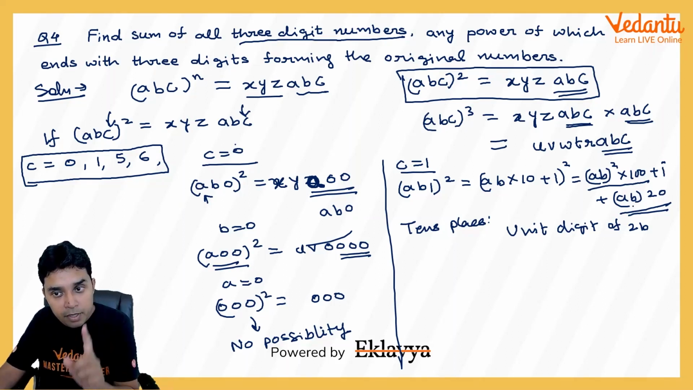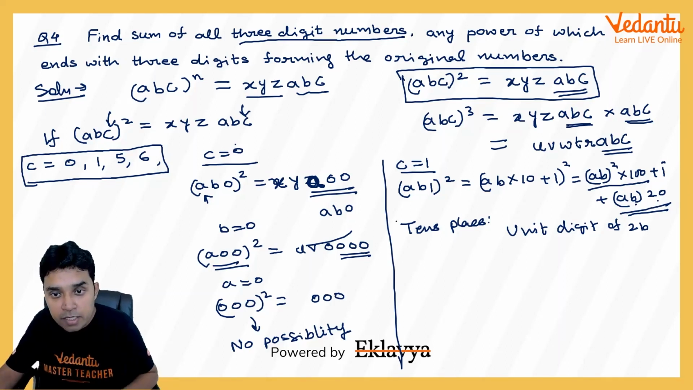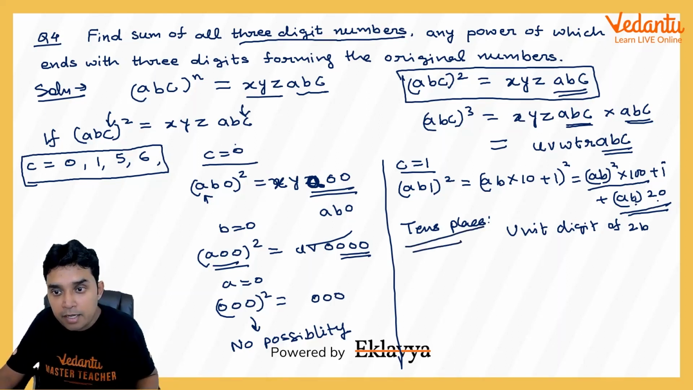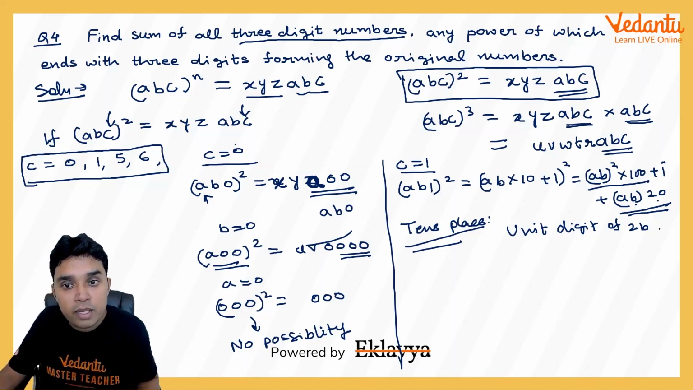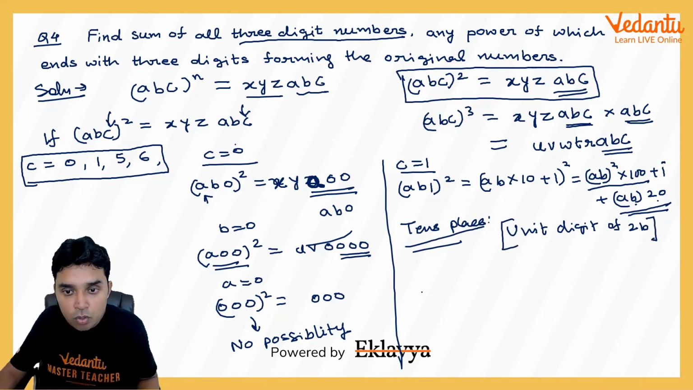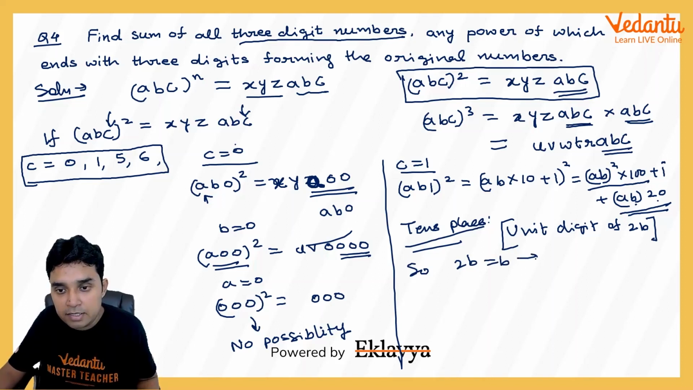So only B, when multiplied with 2, will give you something meaningful at the tens place of your right hand side. And it will be decided by the unit digit of 2b. And we want this to be equal to B. So either 2b itself will be equal to b, but I think this is giving you b is equal to 0,